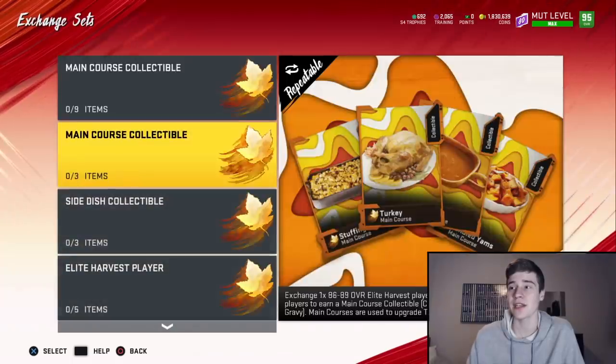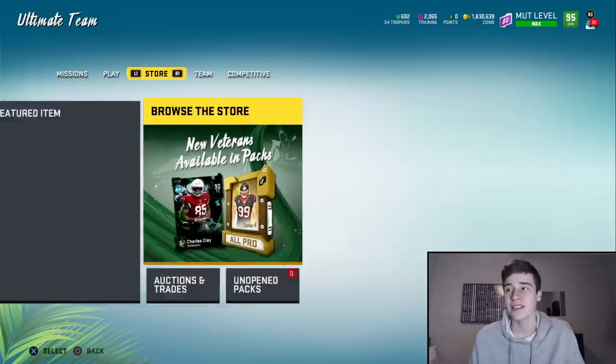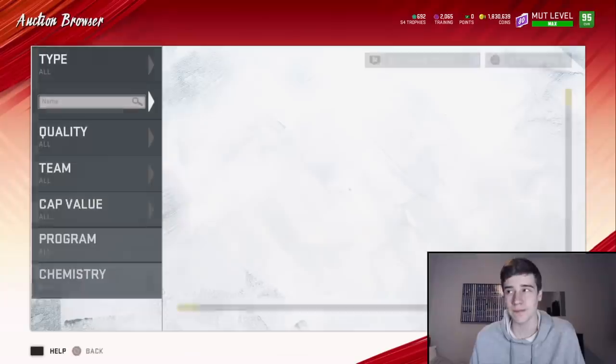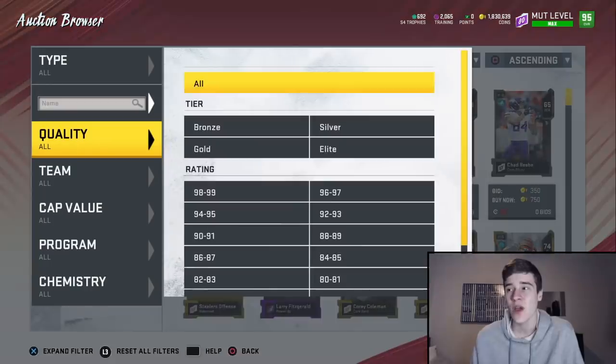So we're going to come in here, we're going to take a look at these exchanges, and as you can see, it only requires 2 cards to get one of these gold Harvest players. All we're going to need is a 75 to 79 and a 70 to 74. So we're going to try and snipe those cards in the auction house. Hopefully we can end up completing the set at a price of like 1.5k. If we can get a couple of nice snipes, we should be able to do that. And then we're going to be able to make 1k per time we do the set, which is pretty nice,